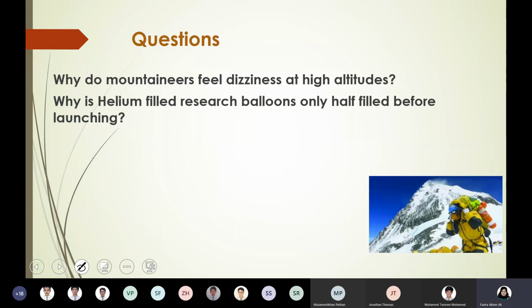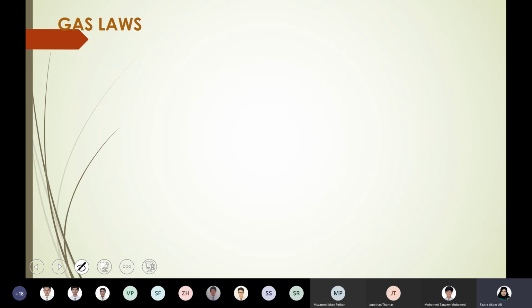We will do the numericals at the end after completing all the laws together so that we can just focus on solving the numericals. So I'll finish Boyle's law and move to the next law. After the discussion of all the laws, we will come back and do the numericals together.